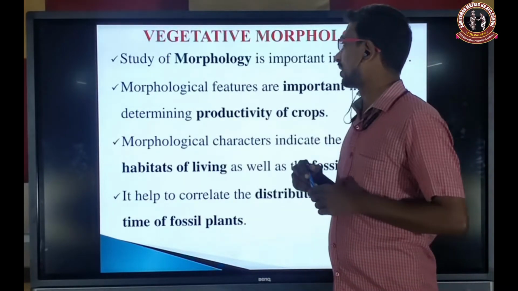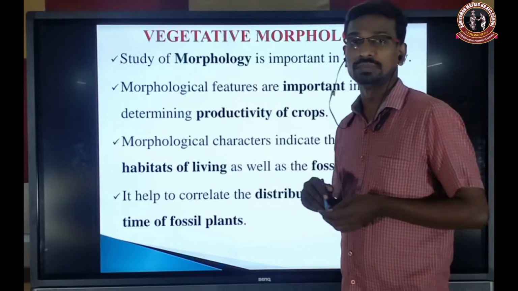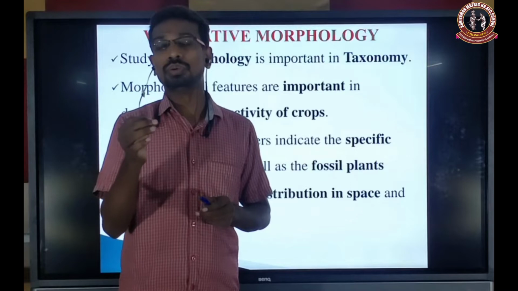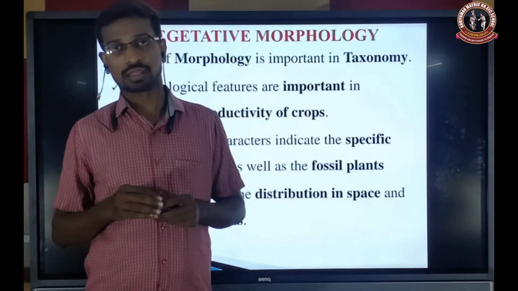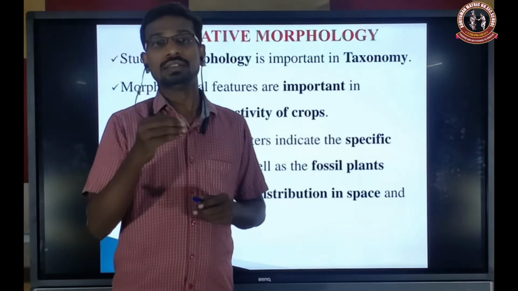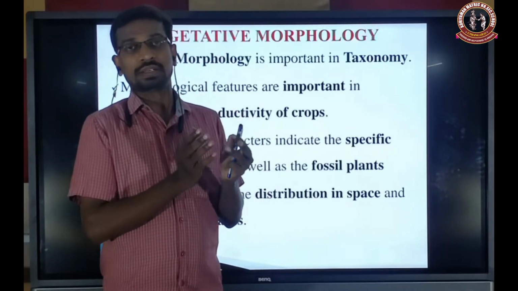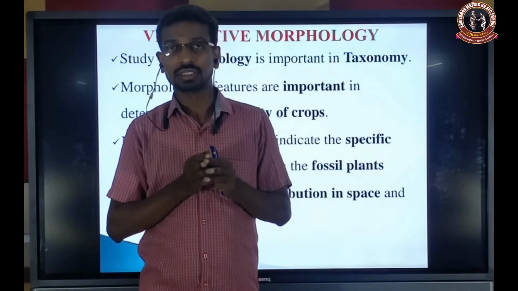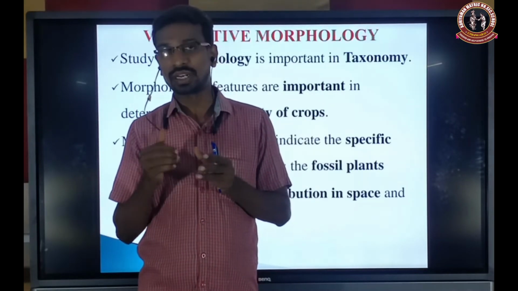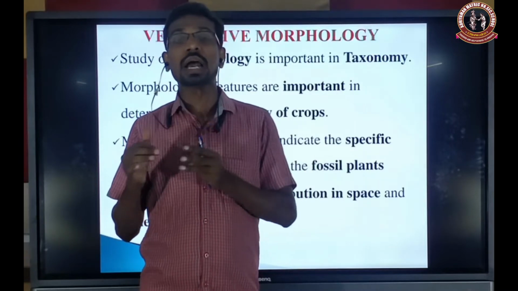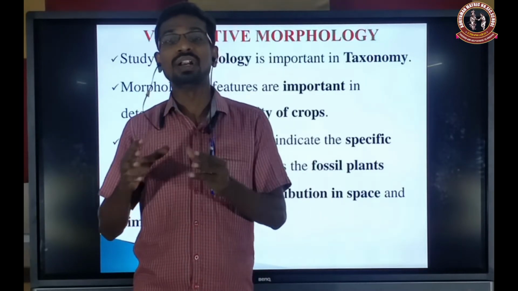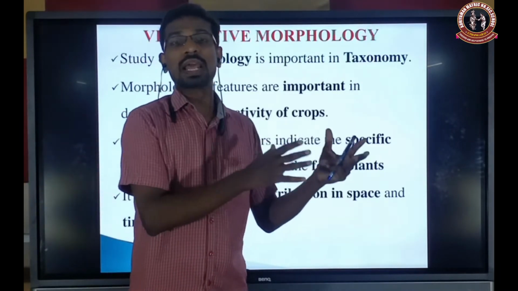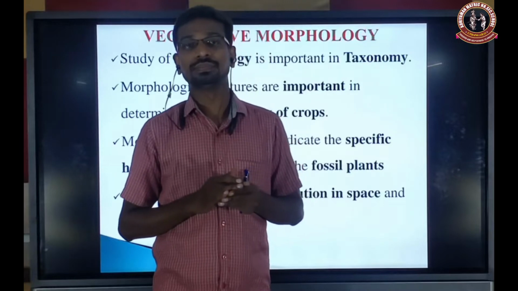The study of morphology is important in taxonomy because morphological characters act as one of the tools for the classification of plants. Generally, those plants that have two cotyledons, reticulate venation, flowers that are tetramerous or pentamerous, and a taproot system all come under the dicotyledonous. Those plant groups that have a single cotyledon,